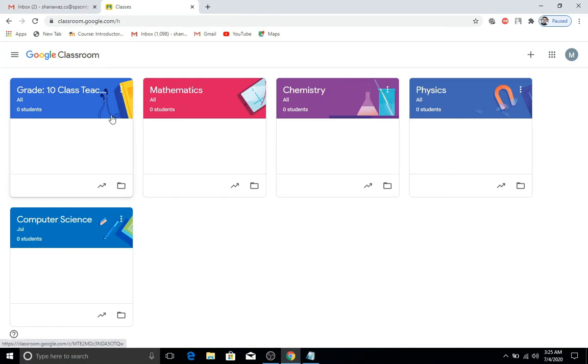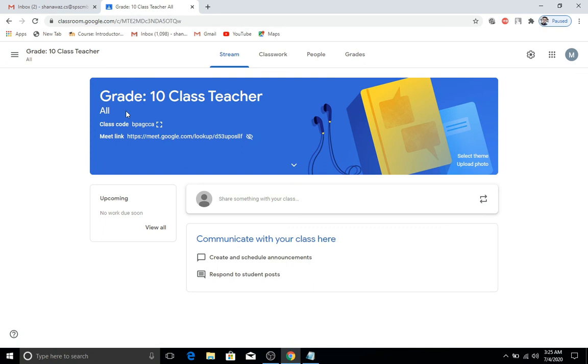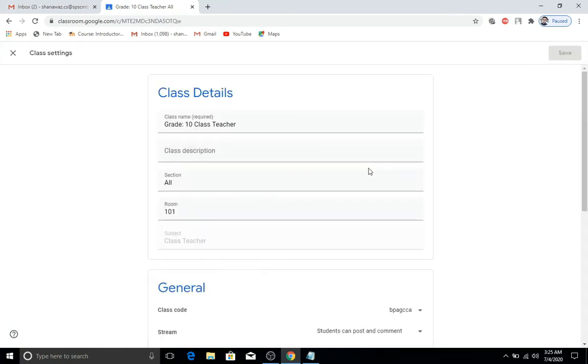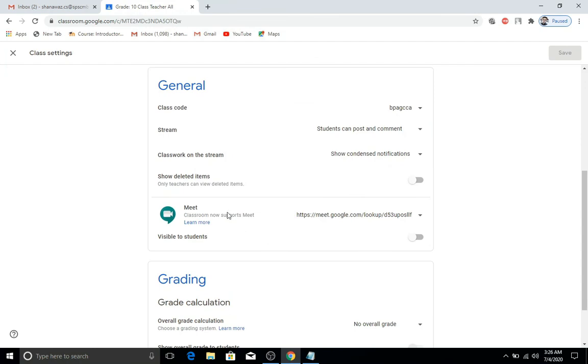The class teacher can also share the Google Meet code here. For sharing the Google Meet code, she needs to enter her class teacher area. Now click on this settings button, and here you can see Meet. She can generate a Meet link here, and after generating it, she will click visible to students.